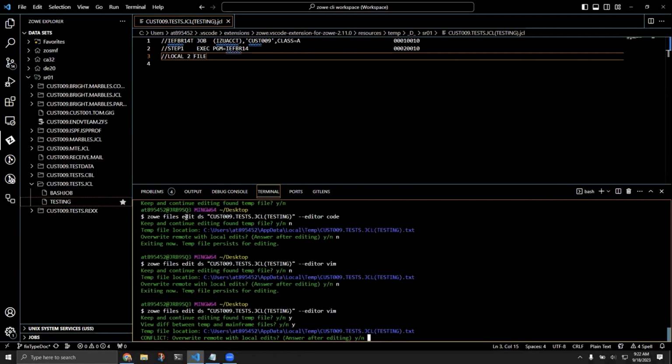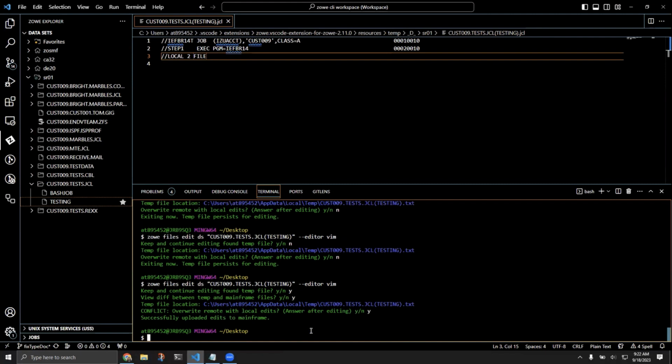quit. It reminds me, like, don't forget that actually you are overwriting somebody else's updates, and you do have to confirm that that is what you're intent on doing. So there is some conflict resolution here. Also,